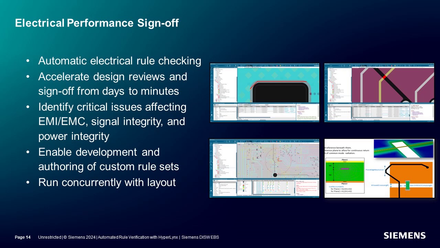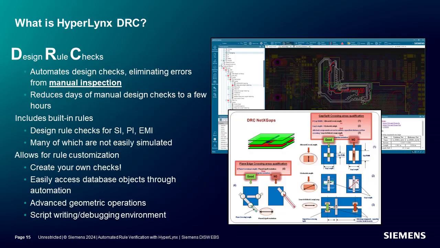The rule checker has an intuitive, easy-to-use environment that includes a wizard for setup, and errors found can be quickly reviewed. An extensive set of built-in rule checks is included, but additional custom rule sets can be added. And again, we've integrated this checking within the Expedition environment so that electrical rule checks can be run concurrently as the layout proceeds and not just at the end.